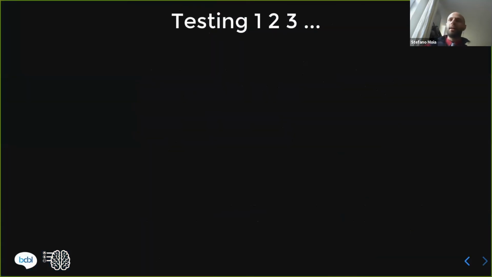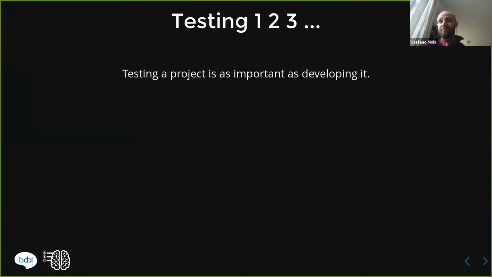All right, some last things. We talked about the community, we talked about the tool and the development and the workflow. Now, what are we missing in order for things to be open, to be public? We are missing actually making them open and public. And there's a couple of things that we have to do before that. One of them is testing. Testing that a project works is as important as developing it.